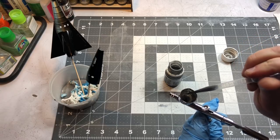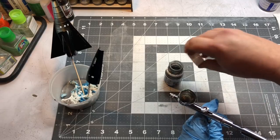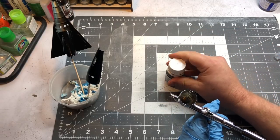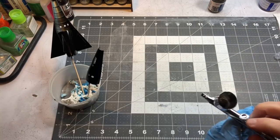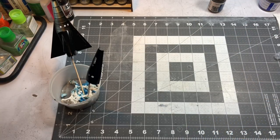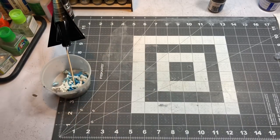Okay. Close this up. I always close up my paints because I will knock it over and spill it. Let me get my respirator on and we will spray my titanium. A few moments later, now